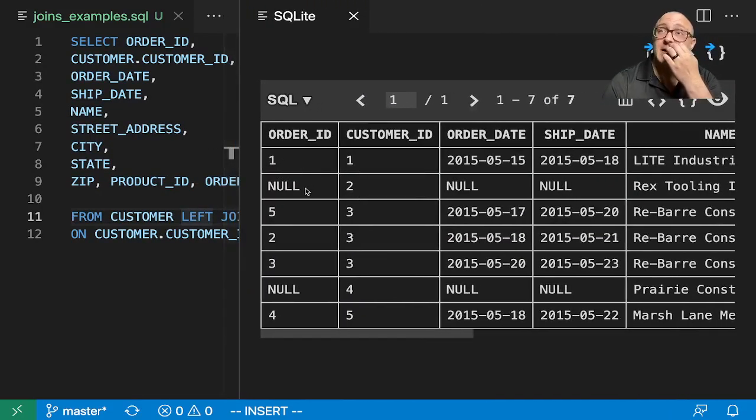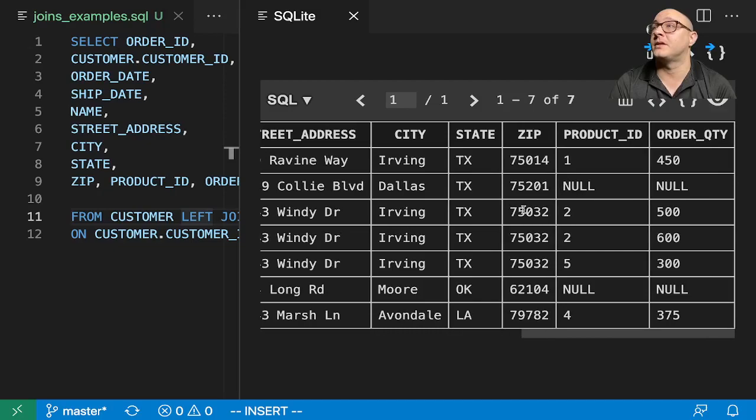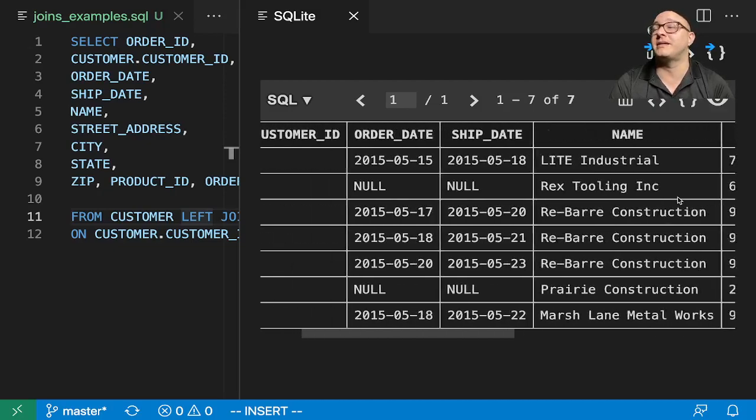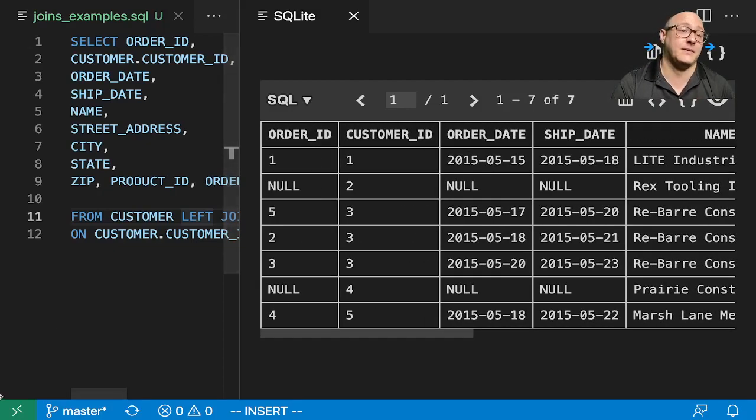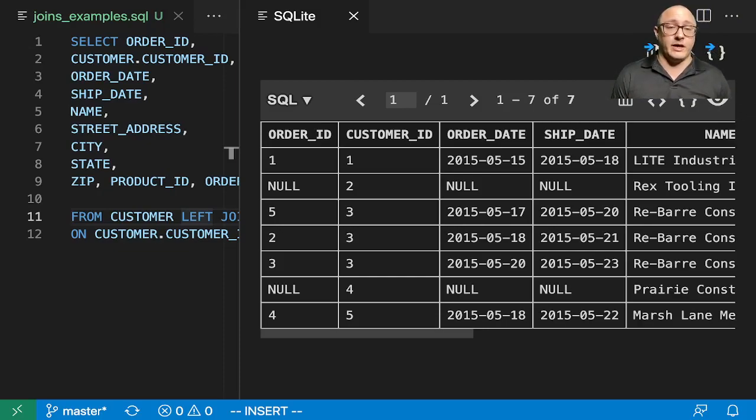Those are the 2 that we missed out on, and their order ID is null, as well as their date, shipments, and their product ID and their quantities, because again, they had not ordered anything. So you can already see how valuable this is going to be whenever you are checking on customers and customer orders and everything. This is what's going on a lot of the times in the background when you guys are checking your UPS shipments, your FedEx shipments,